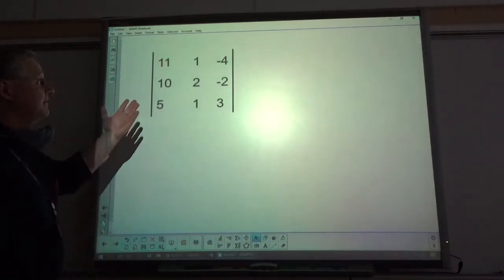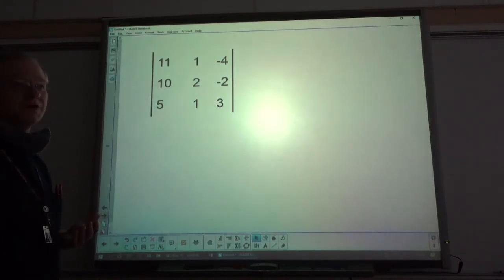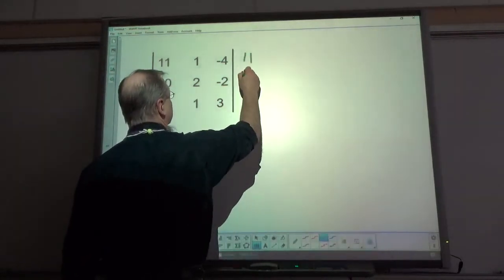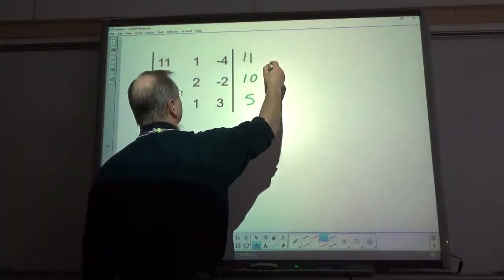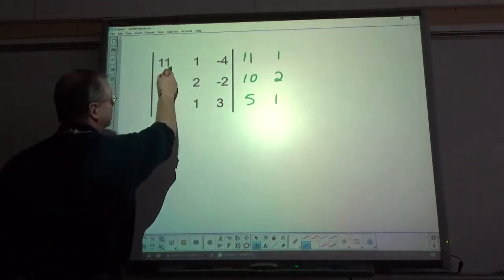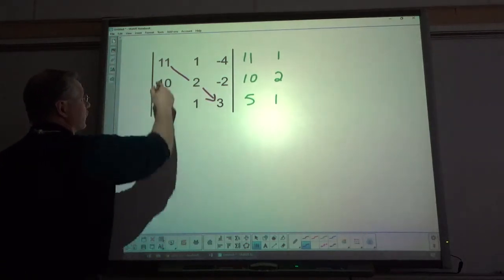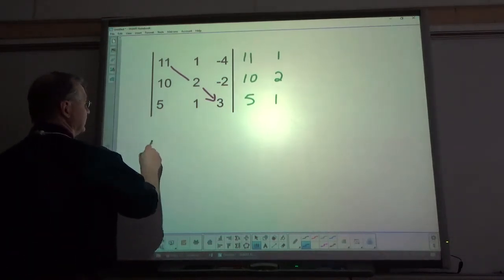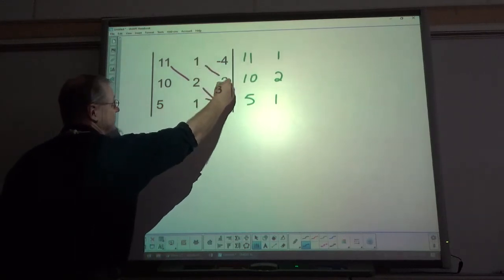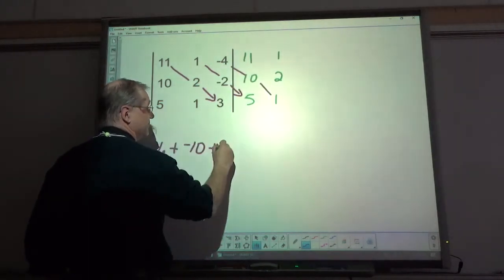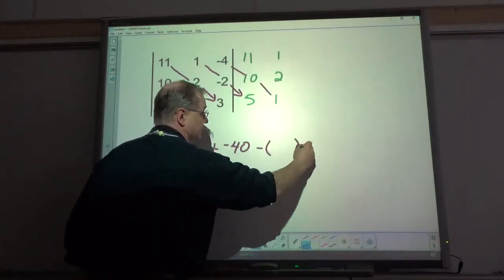Last one. Give it a try. See how well you do. All right. I'm going to use the rewrite. And here we go. If you draw your line through the number, eventually it's going to be hard to read. So be careful of doing that. Let's see, 66 plus negative 10 plus negative 40 minus